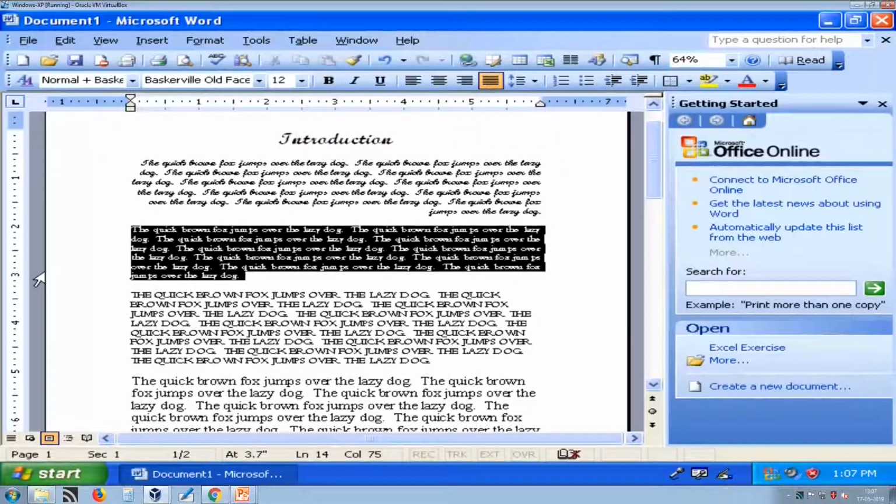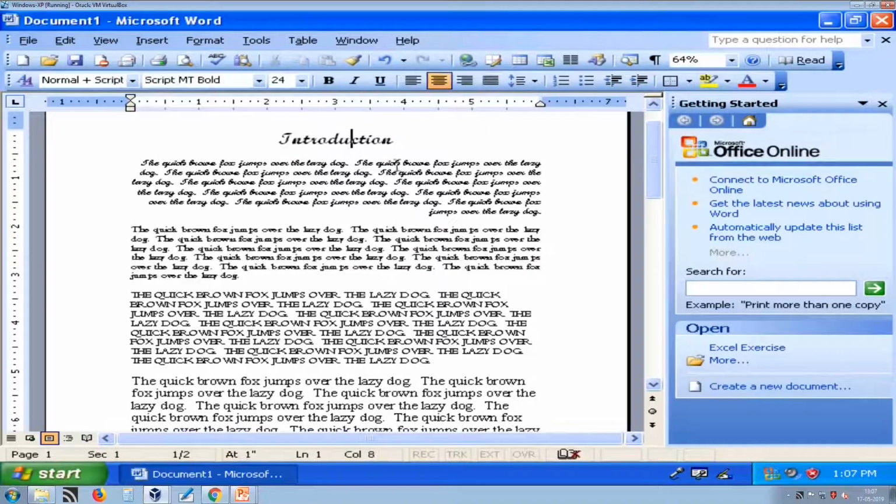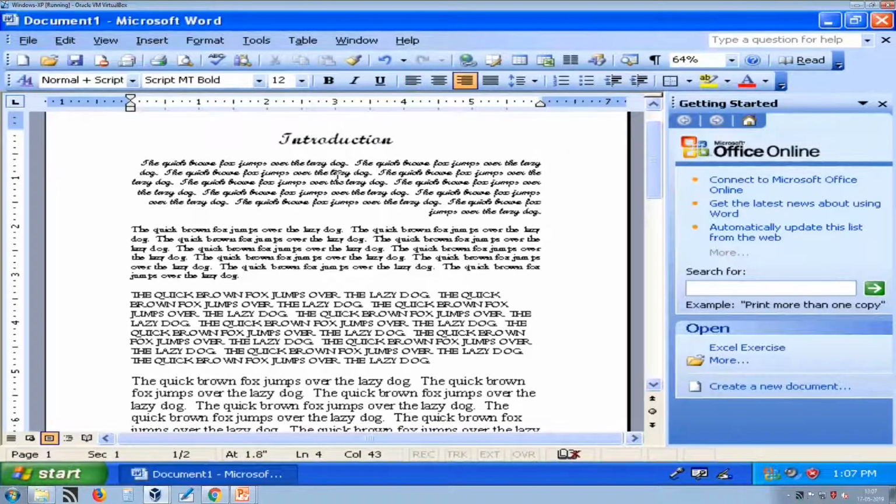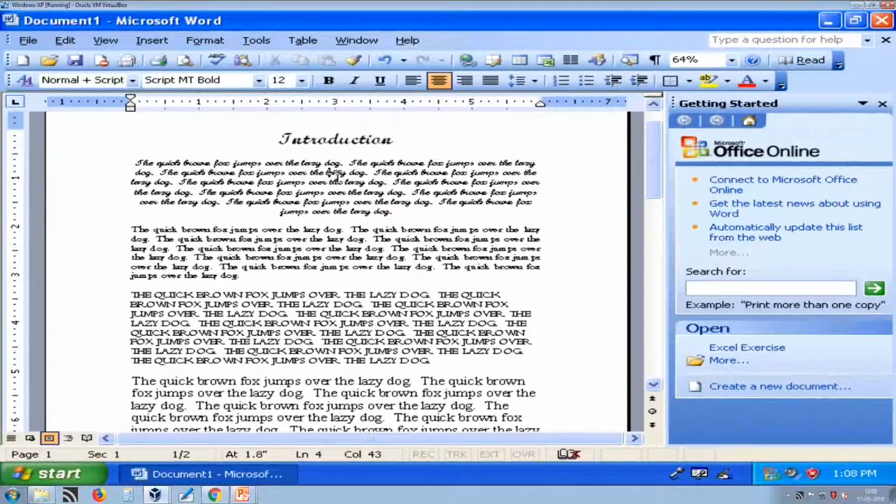So, for paragraphs we should apply justify, and the shortcut key for left is Control L, for right it is Control R and for center it is Control E. So, here are the shortcut keys for left, center and right alignment, and if you press Control J then it is justify alignment. Now, you can easily remember the shortcut keys. Shortcut keys are given in such a way that you can easily remember.